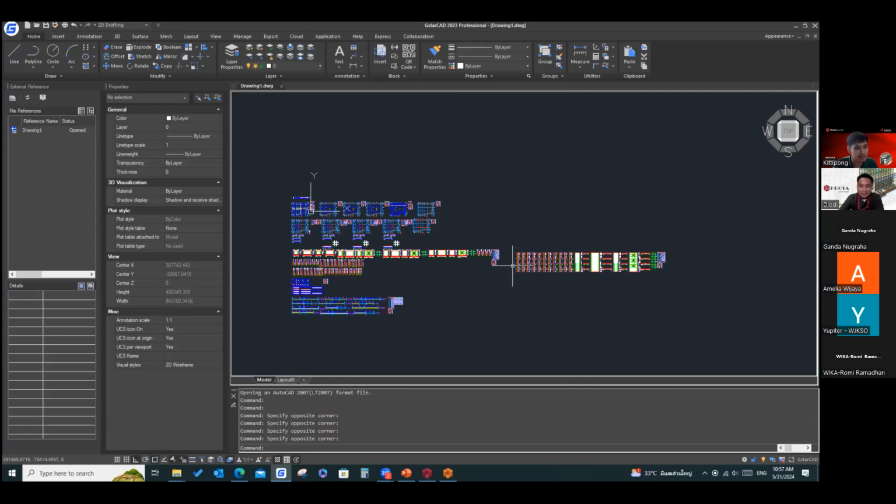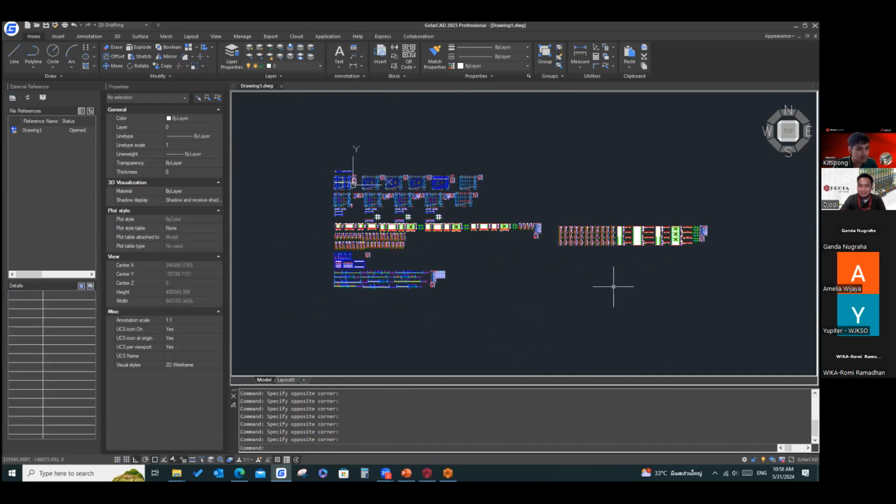It's not produced by Autodesk, but we use this software as CAD software. You can apply it on AutoCAD, GStarCAD, or another CAD software. This is the other option.